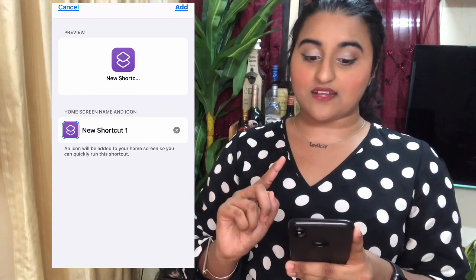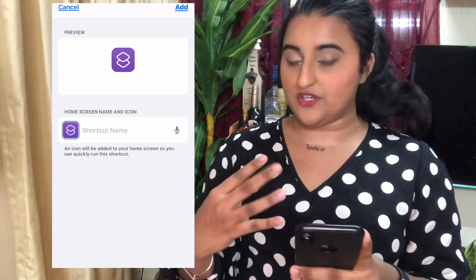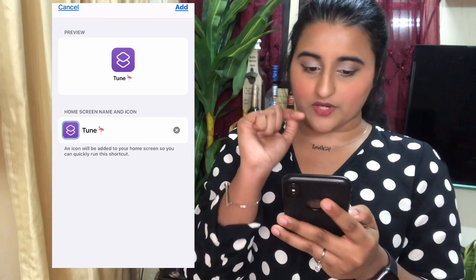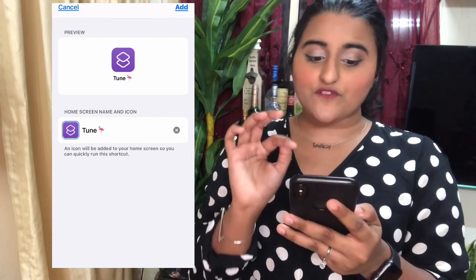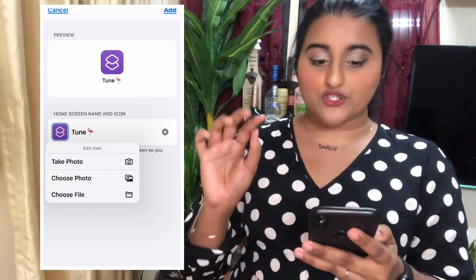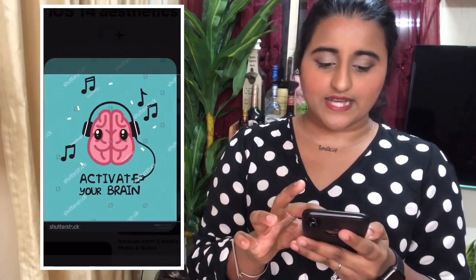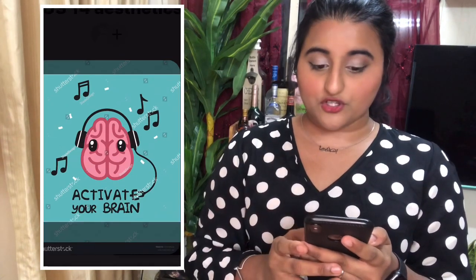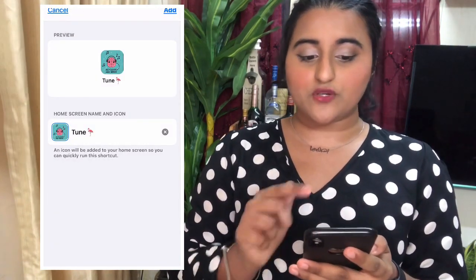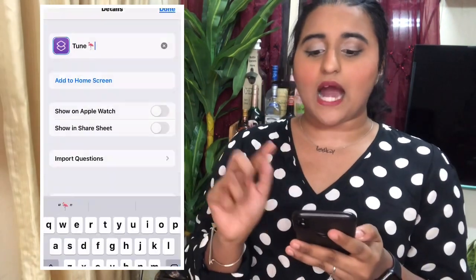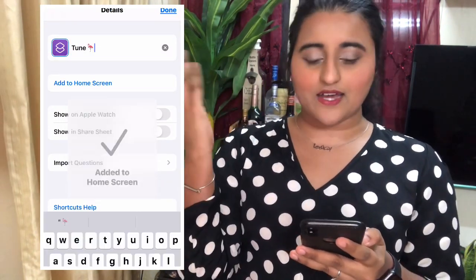You have to press that and you get into another preview. Right beside the name written, you can see blue lines all around it. You have to press that. After you press that, I will choose photo. Now over here I have my image with the size I want, and I'm going to choose it. After I choose it, you can see that purple thing is changed into the picture I wanted, and then you do add right at the top right, and it's all done.